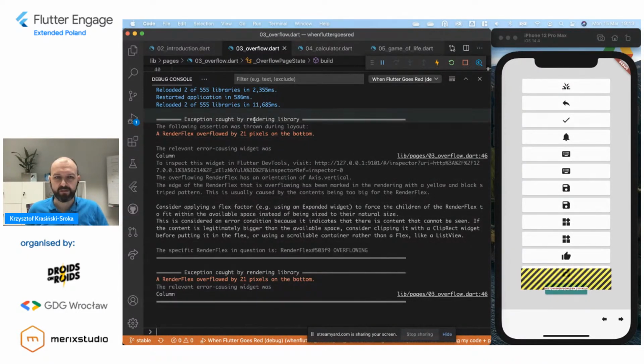Exception caught by rendering library. And in both these and the red screen types of failures, we will see that these errors usually get printed out on the console, and you might be able to actually see what happens there.